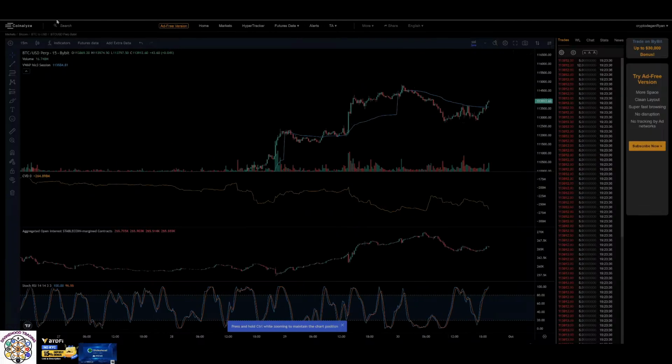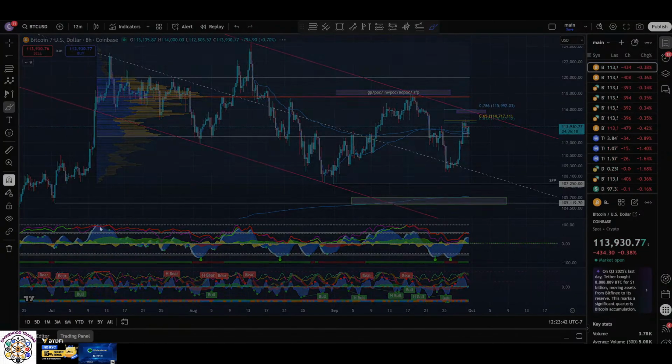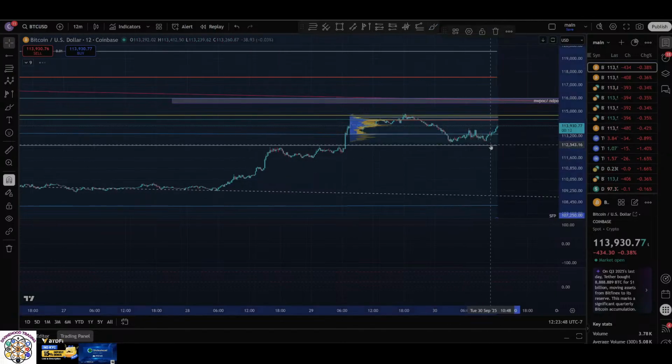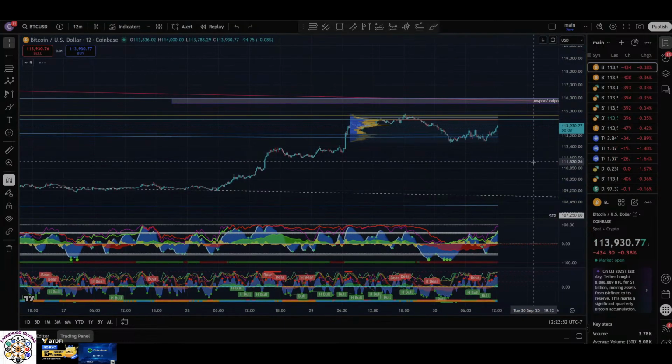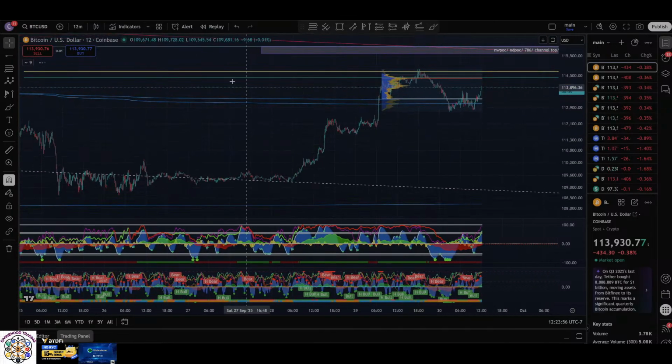And if we do reject very, very locally from that golden pocket, let's go back to the 12-minute chart. If we do reject very locally from that golden pocket, then watch for the VWAP now to be flipped to support. And the VWAP is going to be right where that value area low is. Actually,